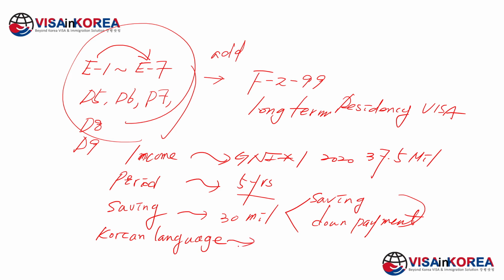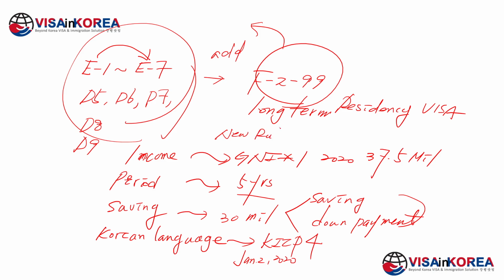Previously, for Korean language, immigration accepted topic two, but from January 2nd, 2020, it has all changed. You must now complete KIIP stage 4. This is the new rule from January 2nd, 2020. Before or after that, if you have F-2-99 and your spouse may get